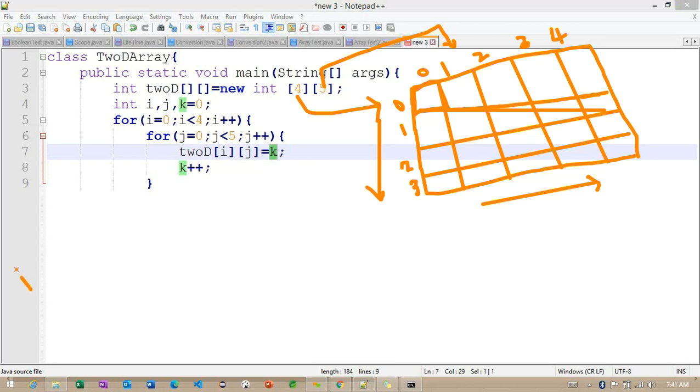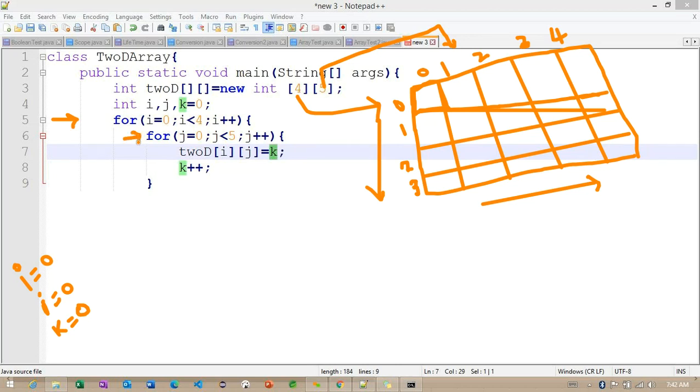So initially I value 0, and the same way J value also 0, and now I want to initialize with the K value. All the values we are having 0. So let me check this particular outer loop. Now I am entering into this outer loop. What exactly is the I value? I value 0. The condition is going to satisfy. Now we are entering into the second loop here.